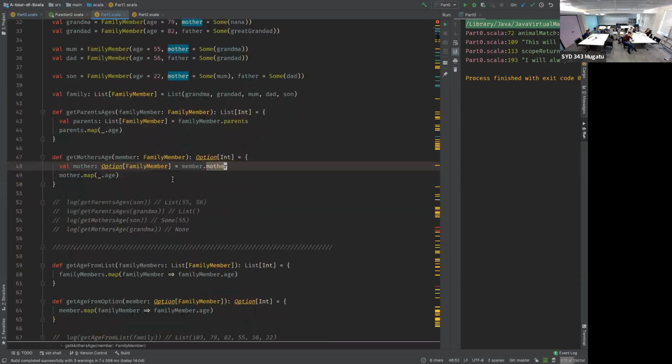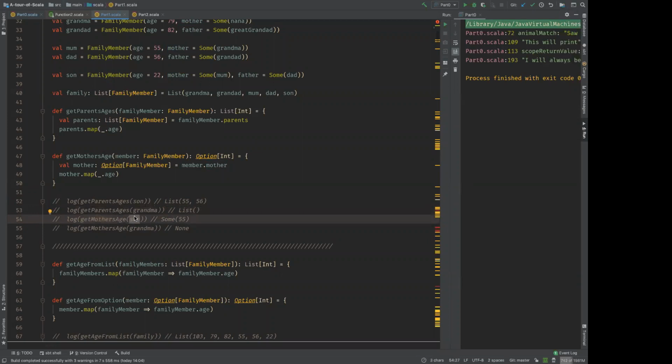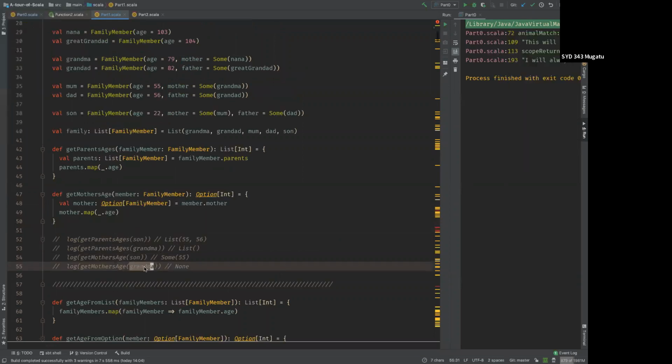Okay, so as you can see, getParentsAges gives 55, 56. For getParentsAges of Grandma, nothing, because the parents are dead. Both of the mothers are dead. Grandma's parents are dead, I'm afraid. So, sorry about that. It's become such a depressing example. And so getMothersAge gives Some, but in this instance, as you can see, Grandma